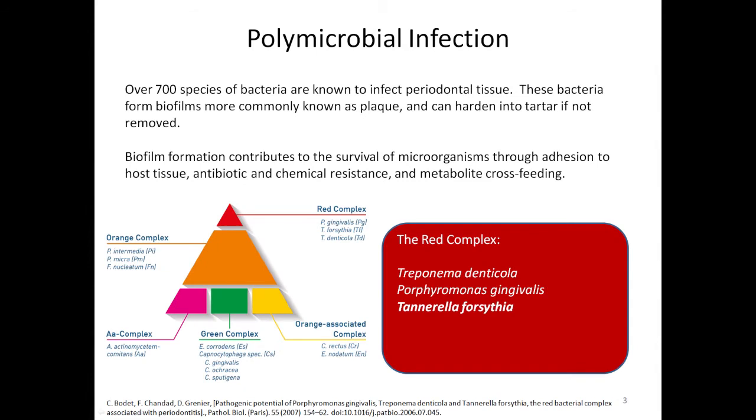The disease is caused by polymicrobial infection, with over 700 known species infecting the periodontal tissue. These bacteria form biofilms that assist the microbes in adhesion, antibiotic and chemical resistance, as well as metabolite cross-feeding. Spearheading the infection is a group of bacteria called the red complex, which consists of Treponema denticola, Porphyromonas gingivalis, and